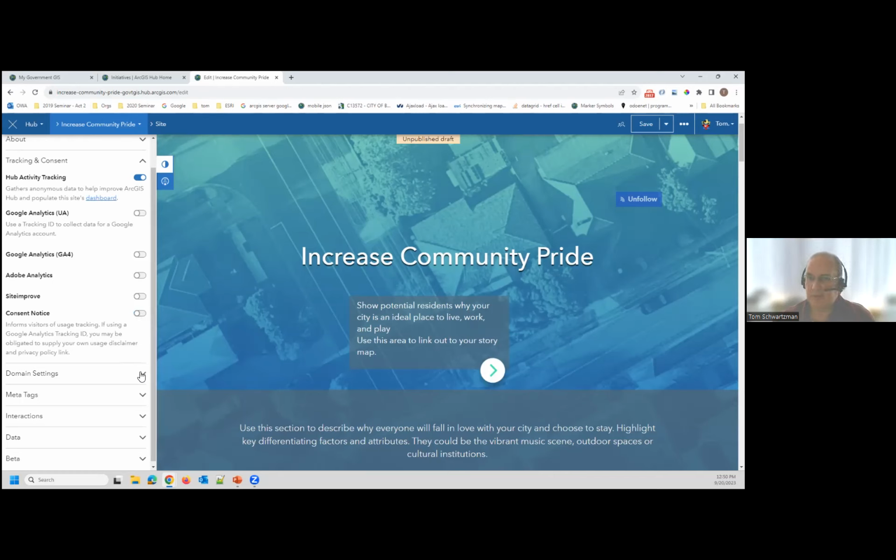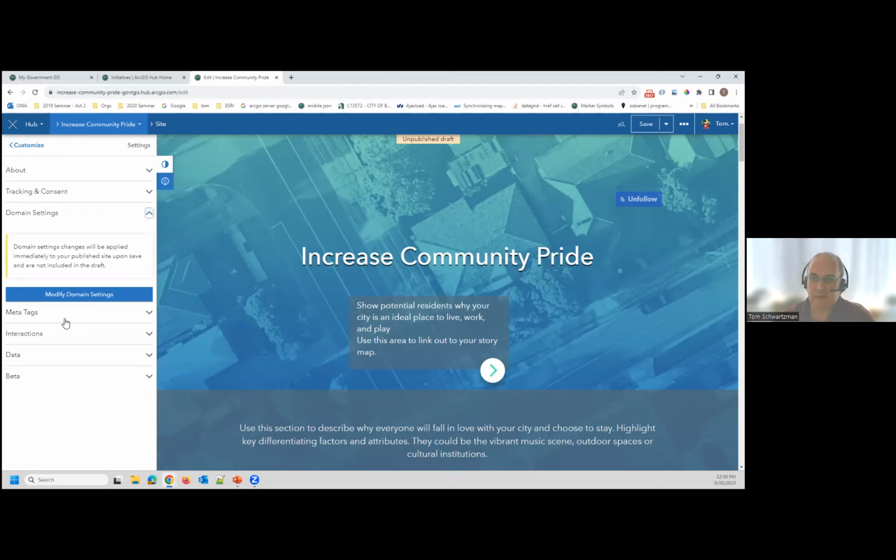can do that. Someone asked in the chat about domain settings. Yes, you can rebrand your crazy long Esri-assigned URL to your own, portland.gov or whatever it is, as long as you get your network people to do the right DNS stuff. That's about all I'm going to say about that, because I don't really do that, or I'm not involved in that. But yes, totally doable. Happens all the time.